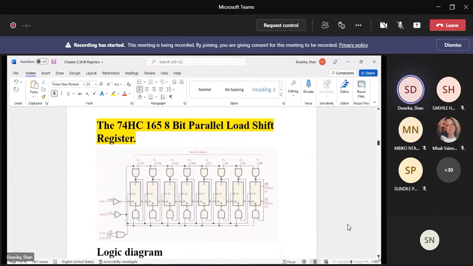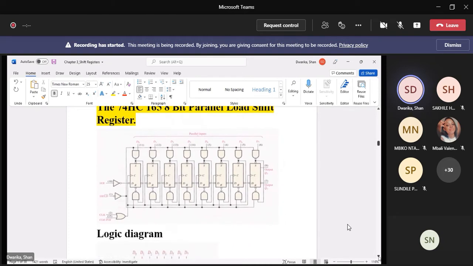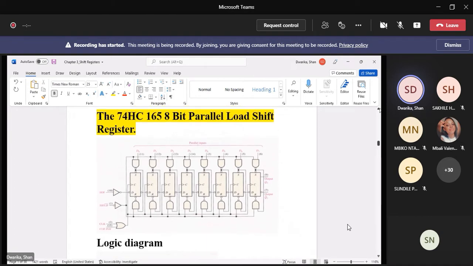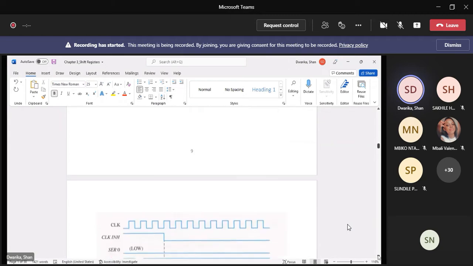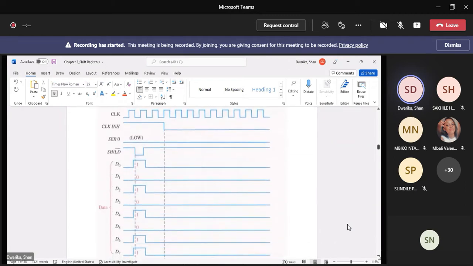Okay, so the 74HC165 8-bit parallel shift register, there it is. This is the internal architecture of a specific IC. So it's a parallel load shift register. Okay, so parallel in, serial out. That's the internal architecture of such an IC, the logic symbol, and this is the waveform diagram,